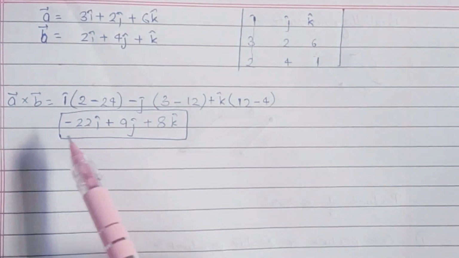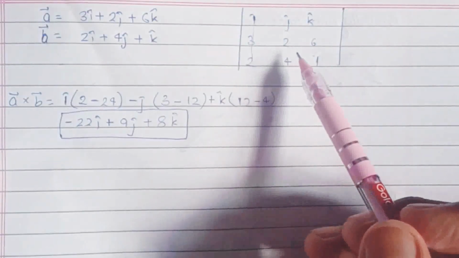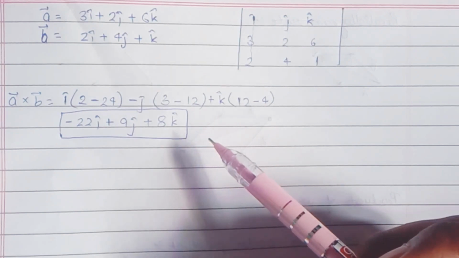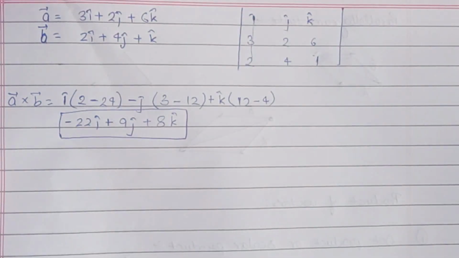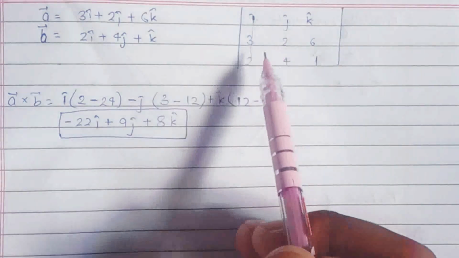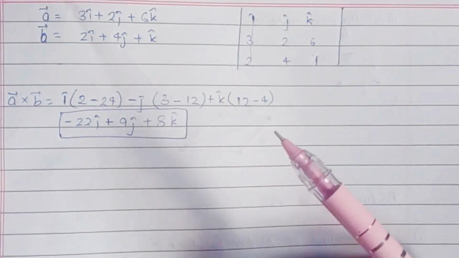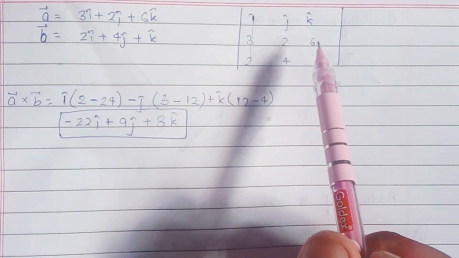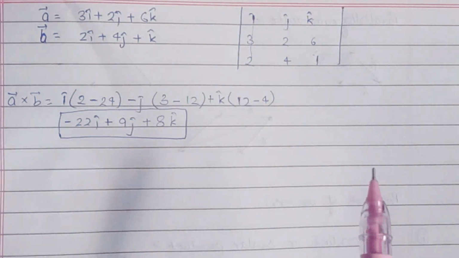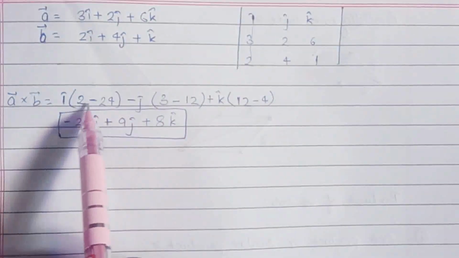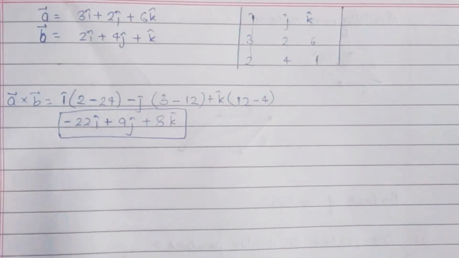So to find a vector cross b vector, you have to form a determinant like this. Then you have to solve this determinant, and determinants you will study in class 11th in maths. So you simply have to write like this. These are for further details, but if you have to find a cross b, then you have to write like this, and then you have to go through the way I told you.